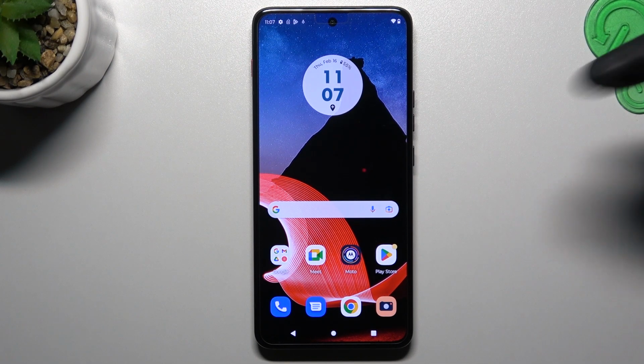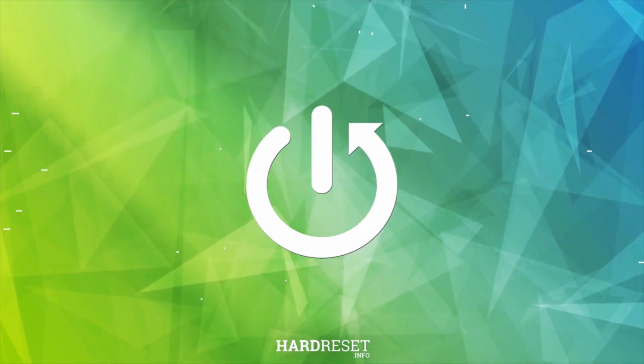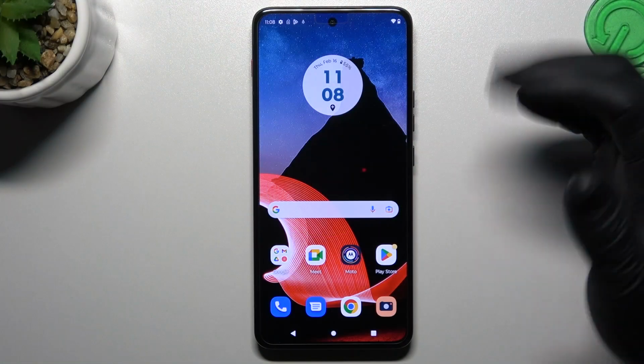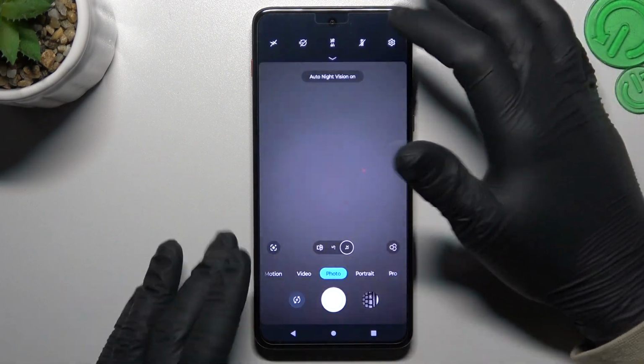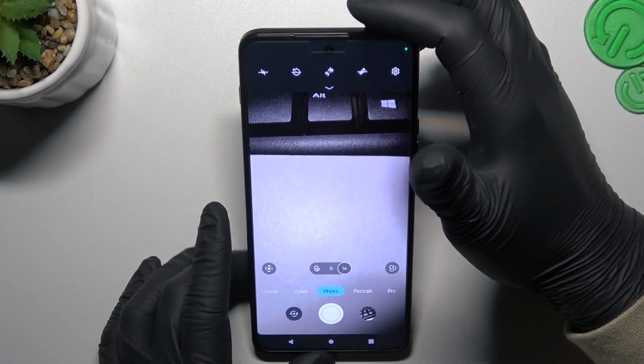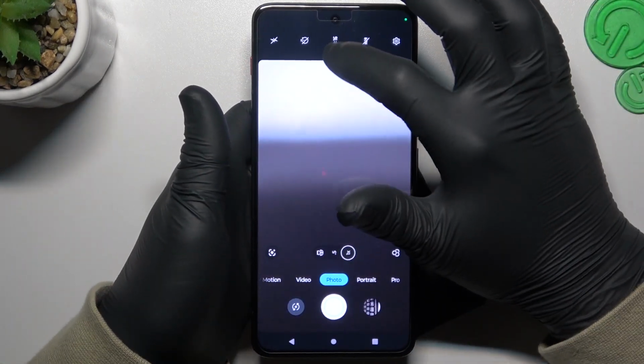Today I'll show you how you can take burst shot photos in the Motorola ThinkPhone. So at the start, open the camera app, and sadly we don't have any option for taking a burst shot. So now I will show you one quick trick. We have to expand the top menu